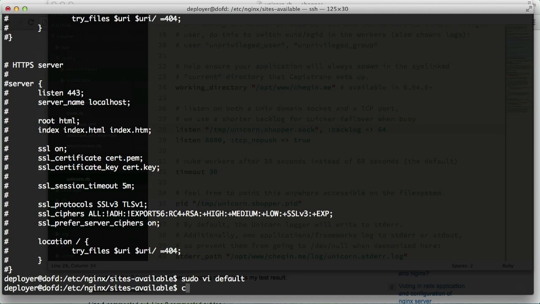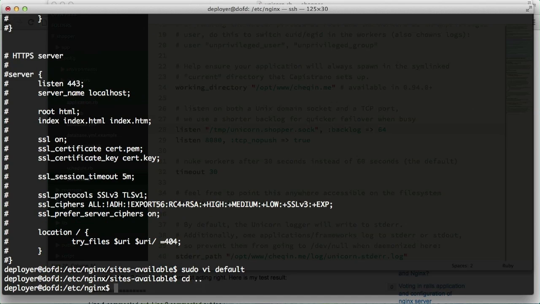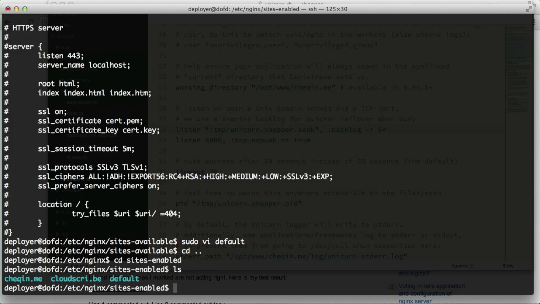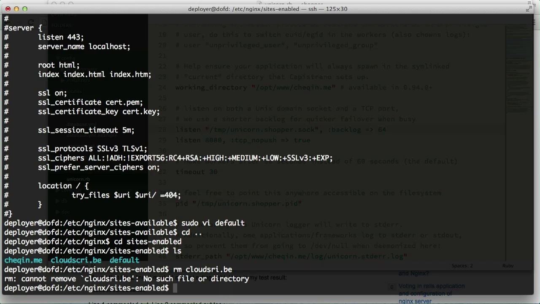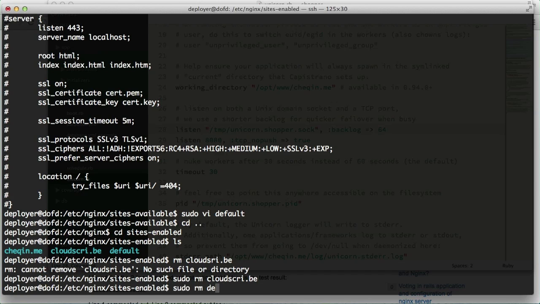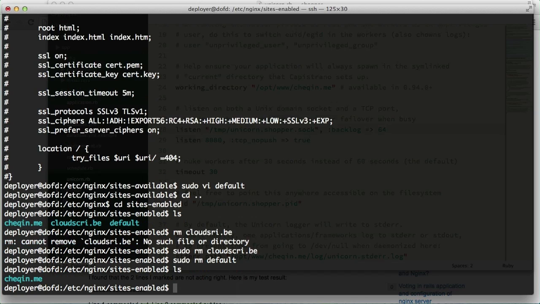So I'm going to go into sites-enabled. So cd .. and then cd sites-enabled, and we're just going to remove our symbolic link for all the other sites. So basically we just want checkin.me to be the only one that's active, right? So I'm going to do rm. Remove that, remove that as well. All right, so now we only have checkin.me,